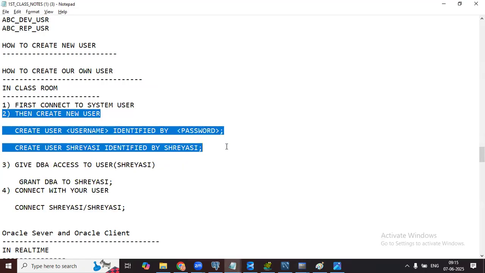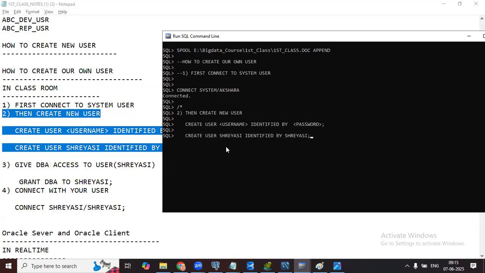Then create a new user. Create user, whatever user you want, you can create; it's up to you. I'll say here ADE SQL is the user, identified by password. The password is Akshara. Done.